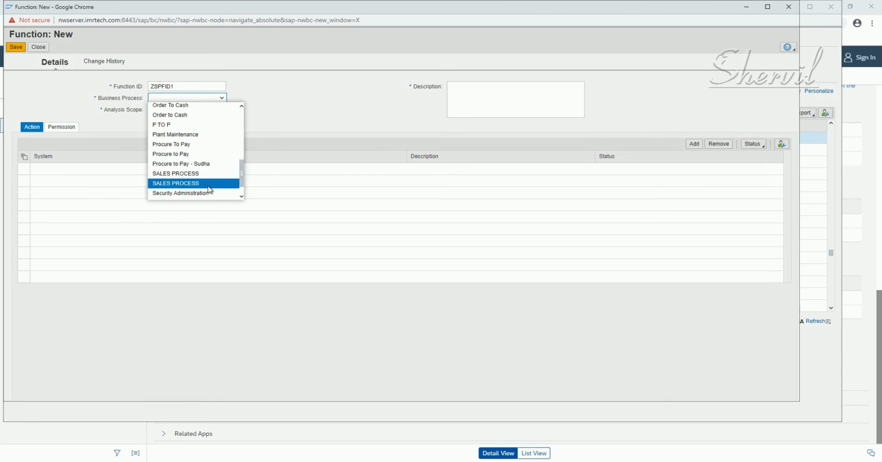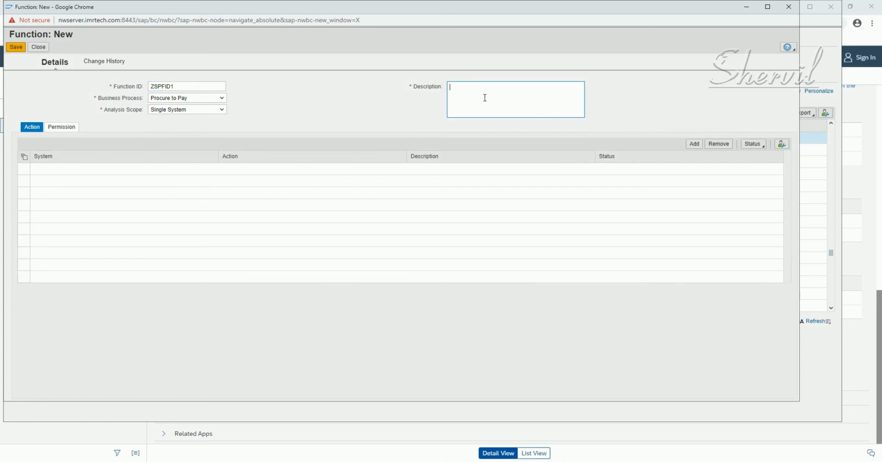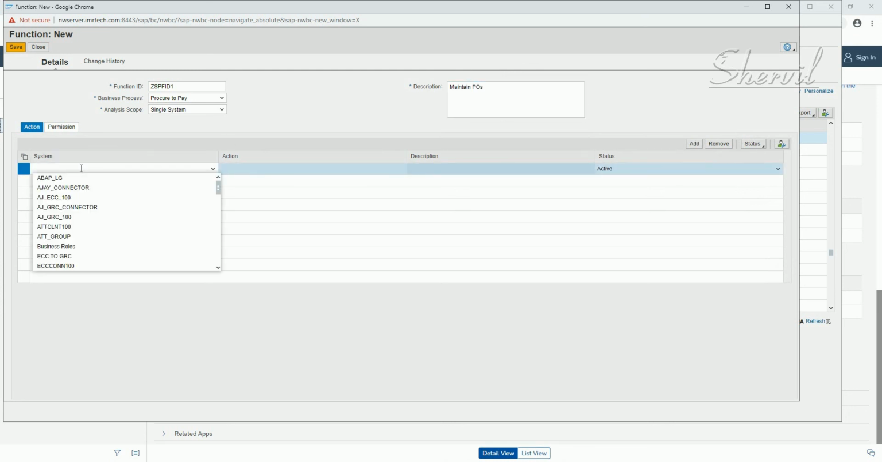It doesn't really matter, right? So let's take something, okay, in a single system. Now to add the OData service, what you need to do is, so FID1, let's say maintain POs. Okay, click on add,